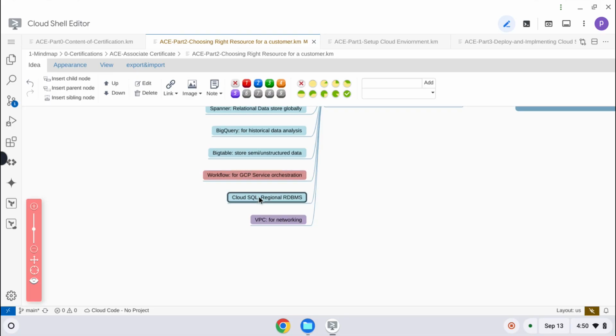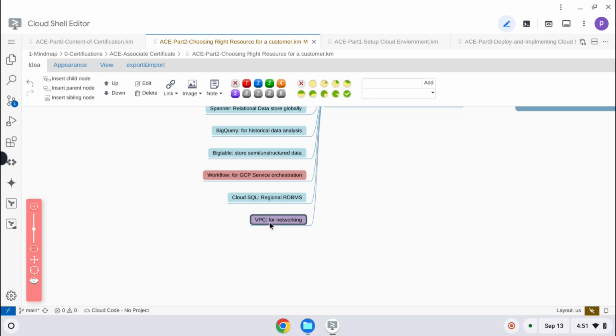Cloud SQL, yes. You want to have a database, mostly an RDBMS, a managed database, let's say MySQL, Postgres, SQL Server. Those are managed databases. That means installation, replication, patching, everything is managed by Google itself. We simply tell it the configuration, the node size, the database size, and how it is going to be accessed. Then within a couple of minutes you will have the database instance ready. So the time is very small. For a small application, obviously we can go for Cloud SQL.